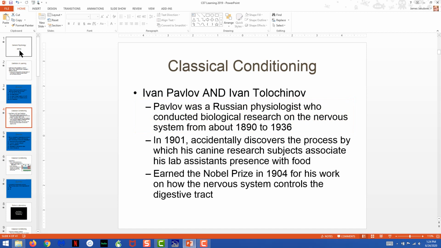But there was a background problem in his research that other researchers even before him had noted. And that was when you bring in your subjects to work with them in these feeding experiments, they oftentimes begin to salivate ahead of time. The dogs that he's using should salivate if he's going to feed them, but if he brings them into the room where he feeds them and they start salivating before the experiment actually begins, that salivation is actually a problem with data collection.